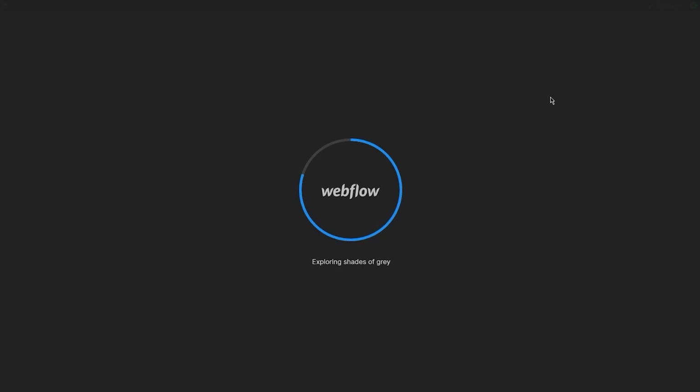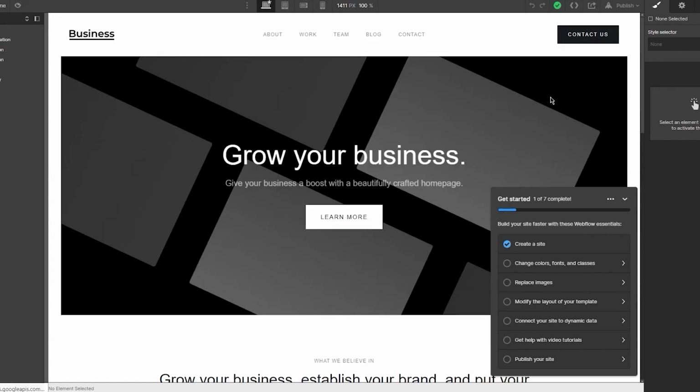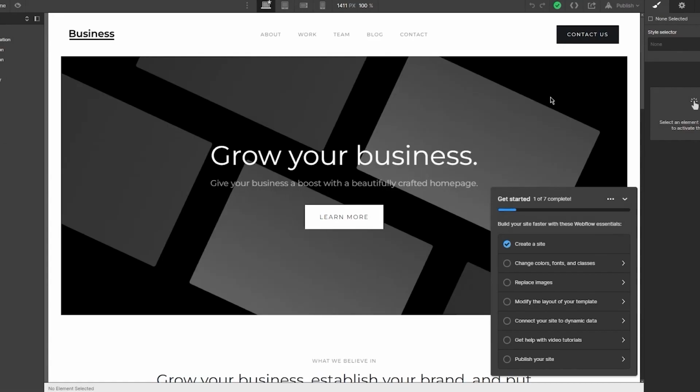Okay. Now, while it's loading, let me explain that we're about to take a good look at the main dashboard. So basically, here we are in the dashboard. This is where we are going to be able to edit and add everything to our website. So let's take a few minutes to explore the dashboard and familiarize ourselves with its features. Okay, so first of all,